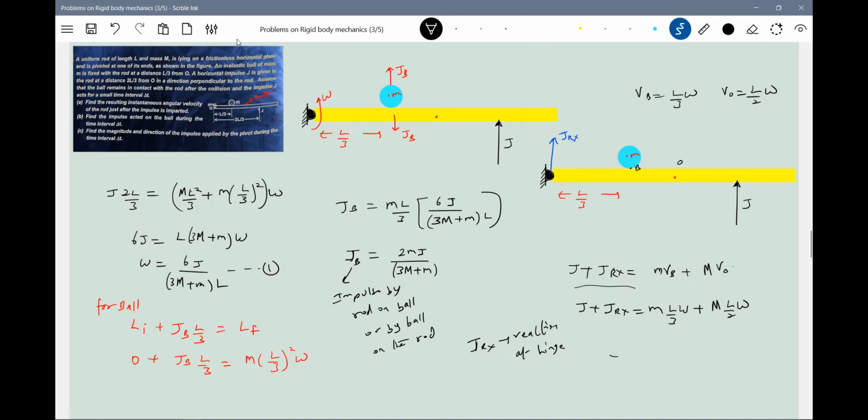Will it have any linear motion at that instant? Because this hinge reaction will come at that instant, the moment you apply impulse. At that instant, what happens? I can describe translational motion of the rod, but it's only rotating. If I write V, you may start thinking it will have only translational motion. No, it will have only rotating motion. Due to this angular velocity, it will have linear velocity that we are expressing here.